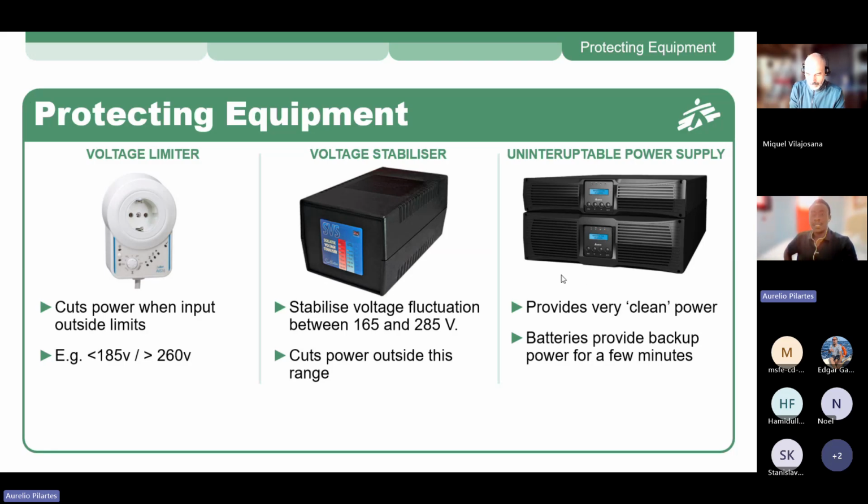Now, one common mistake we usually see in the field is using the UPS as a backup source for long periods. The UPS are not meant to provide continuous power for a long outage. Their main use is to provide you some power while you switch from one generator to another, considering you have two generators in your setup.